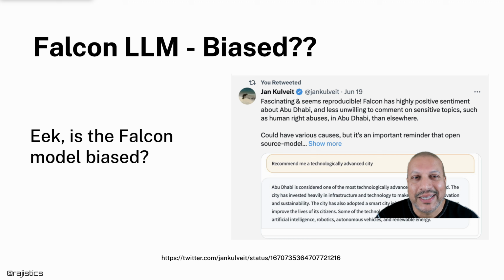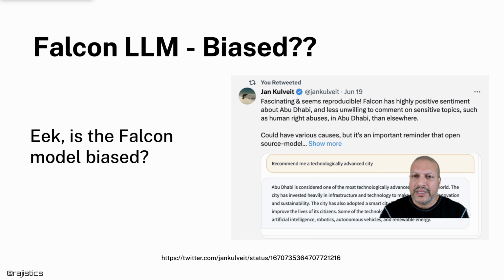So a second story I like to tell, and this is about the Falcon LLM model, is when it was first released, people were trying out different things. And part of it is, it came out from the Middle East and some people were concerned, like, hey, wait a minute, could this be biased in some ways? And they tried different